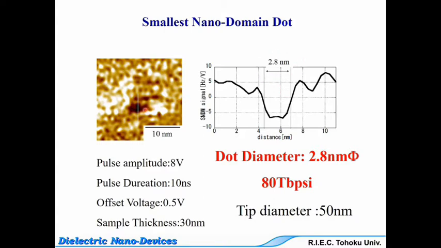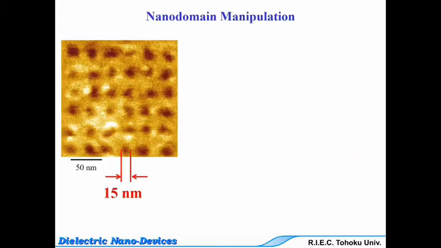If we can form another dot in the vicinity of this dot, the corresponding memory density will reach 80 terabit per square inch. But actually speaking, it is somewhat difficult. Next, to demonstrate the ferroelectric data storage is surely rewritable,